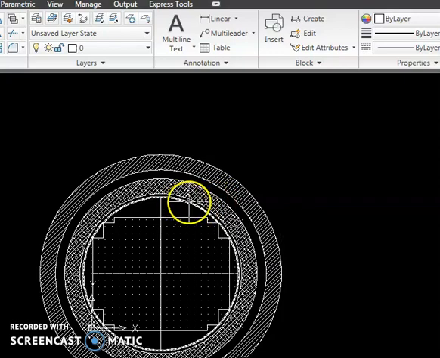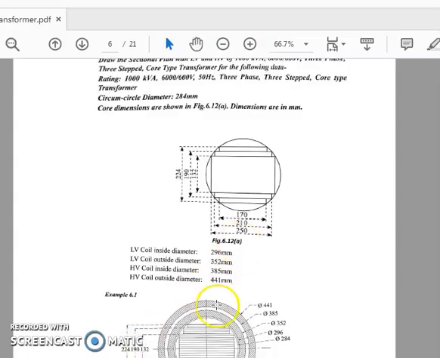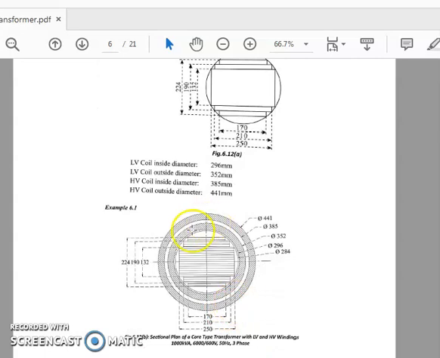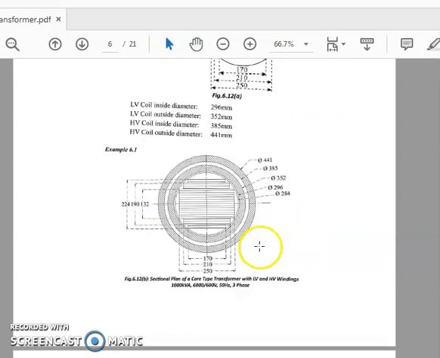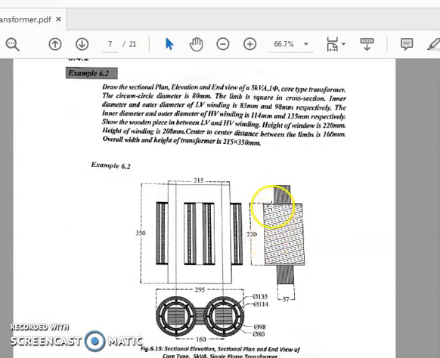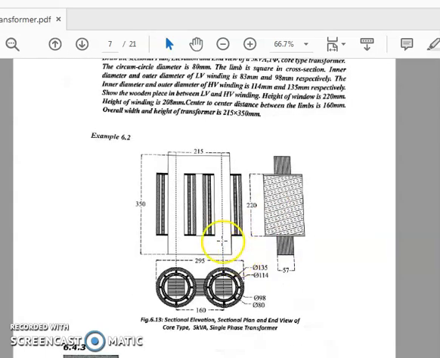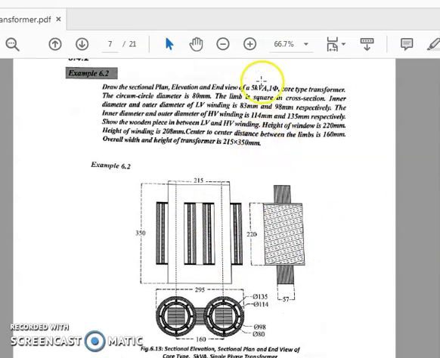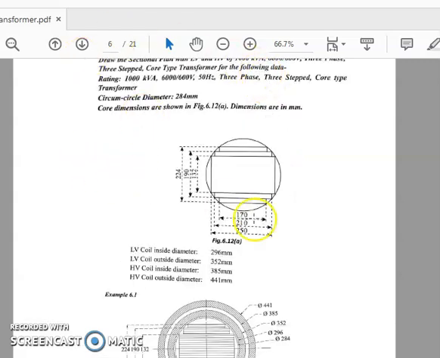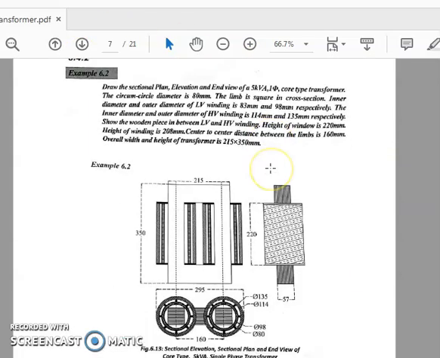So this is nothing but your insulation. Here the small gap is nothing but insulation. This also they have hatched. So this forms your core, one core. If you want 3, then you will have 3 cores. Okay, so next is this one. Next problem, I will do it a bit fast. Okay, so hope you all have understood this. We'll go to the next problem.